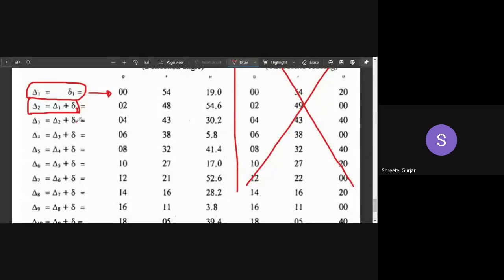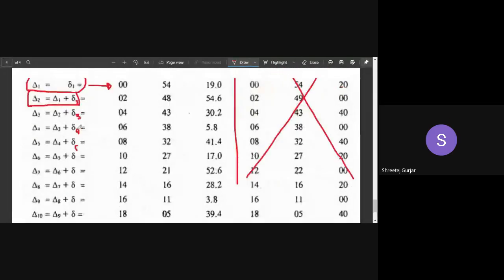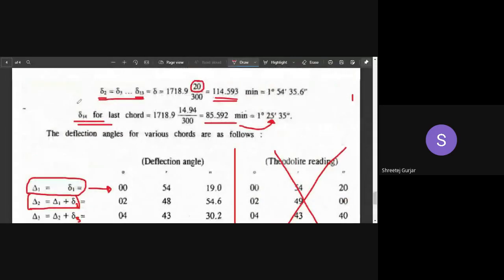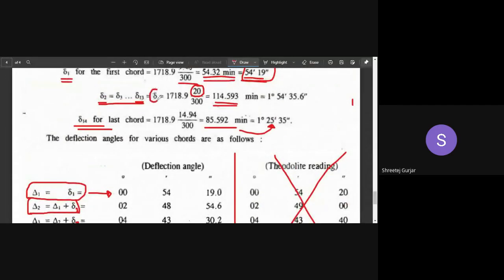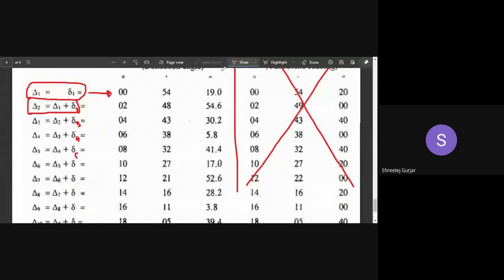Okay, this is delta 3, this is delta 4. But why have they not written this particular delta number? Because all these values are the same from delta 2 going up to delta 12. All these values are the same. So they have written it directly as delta. Here you can see they have mentioned they will be writing it as delta. You can directly write delta, or you can mention the numbers also if you get confused. No problem.